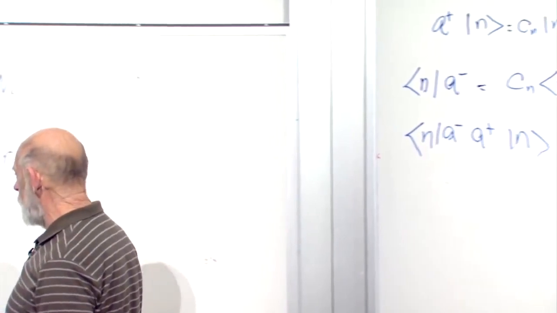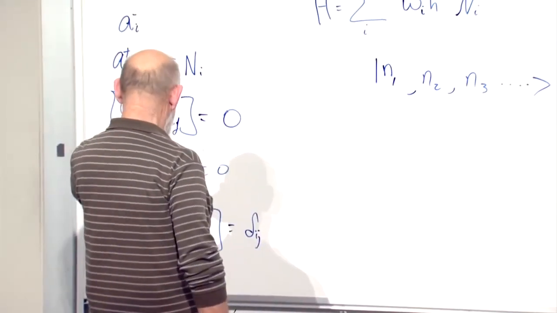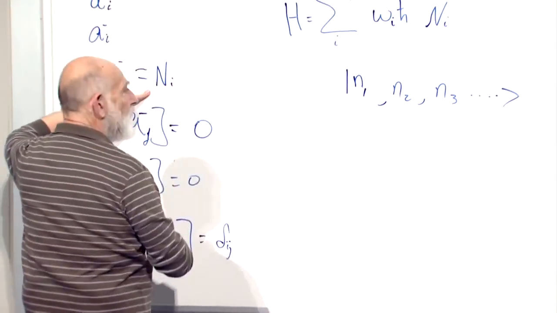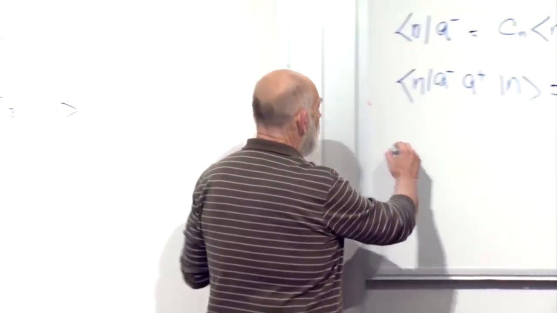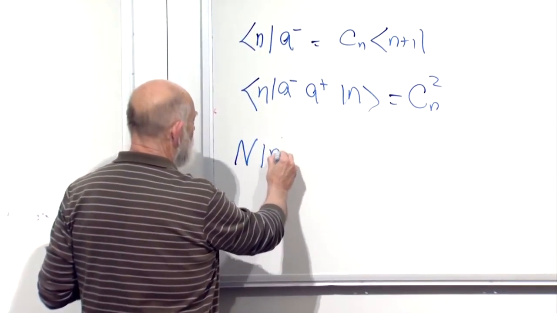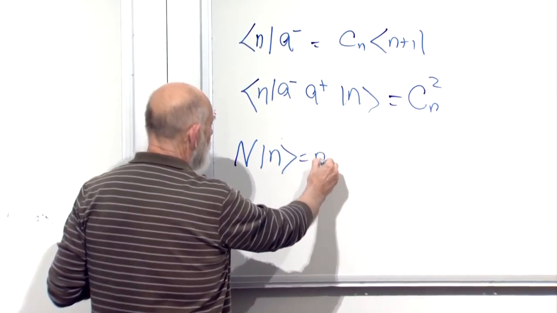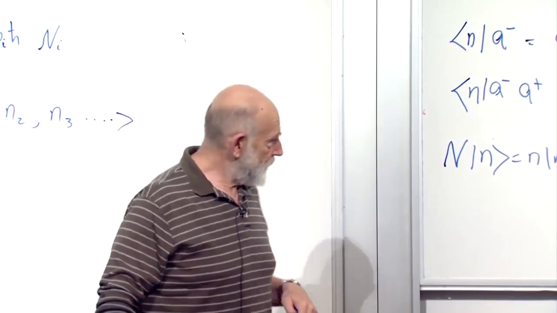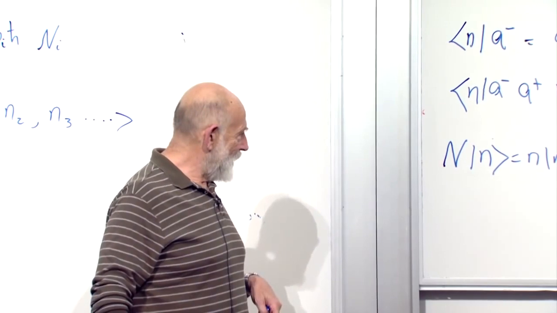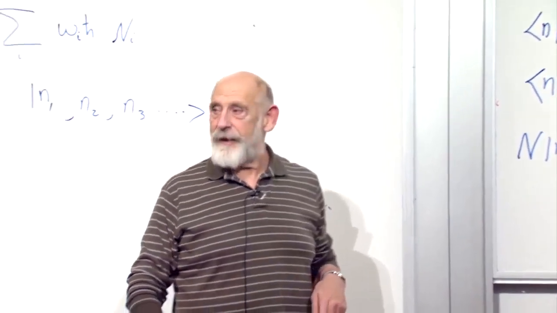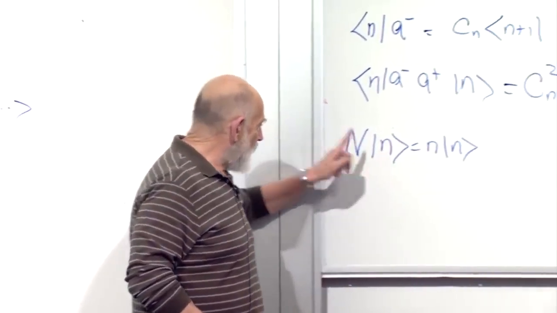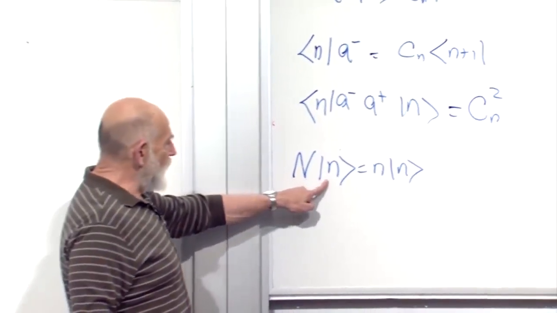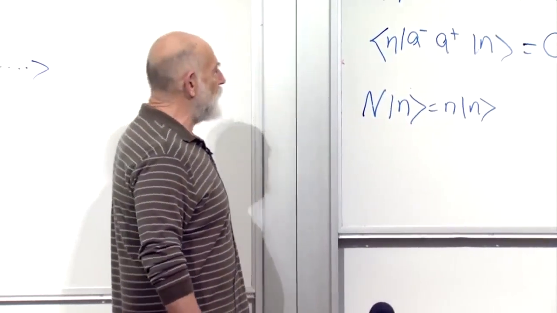What do we want to do? I think I erased an equation over here. I should have written, yeah. Let's write down the guiding equation over here. N on the nth state is equal to little n on the nth state. Why is that true? Come on. Definition of being an eigenvector. Little n is the eigenvector of big N. Big N acts on the eigenstate with eigenvalue n to give little n. That's the definition of an eigenvector.